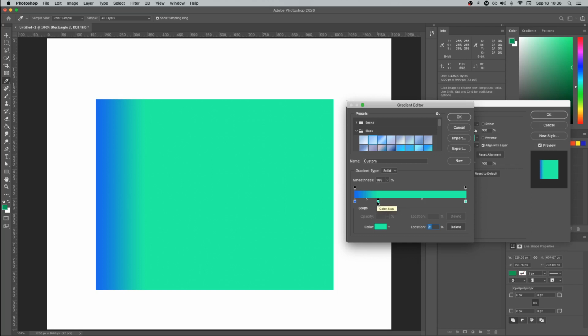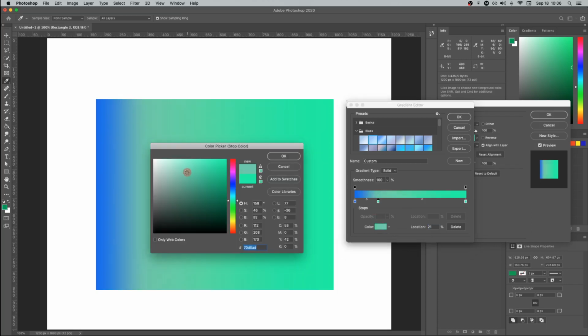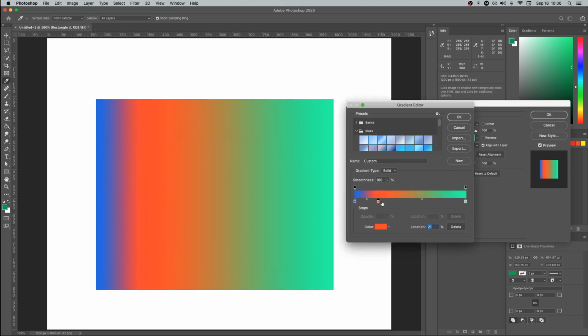Okay, so it uses the previous color, so I'm just going to come in and change that color. Let's put something contrasting like a red. And you can see now I've created a 3-color gradient. I could move this color stop around and even play with the middle markers for the transition between the individual